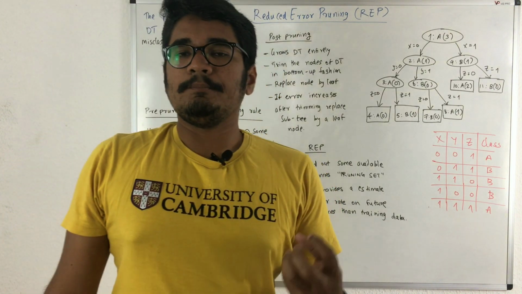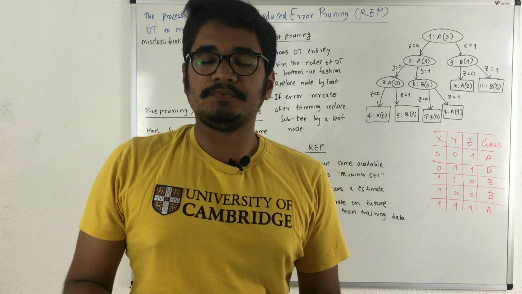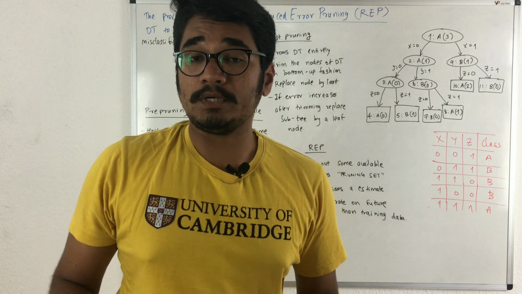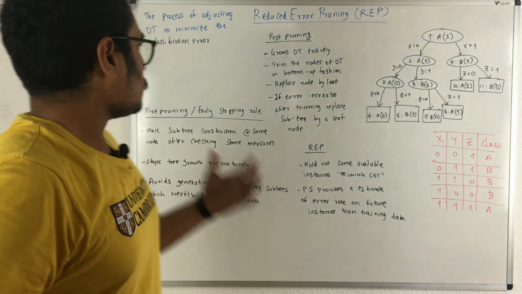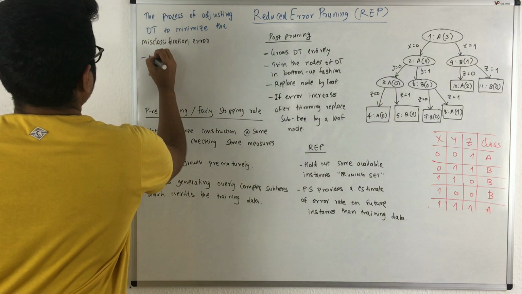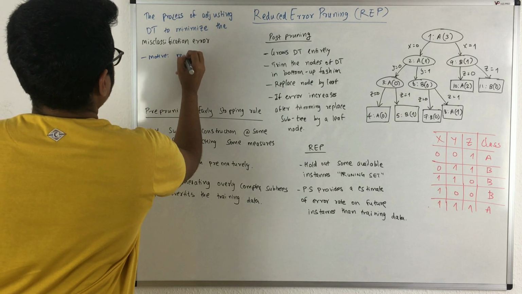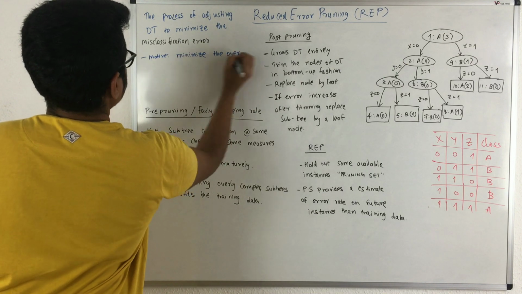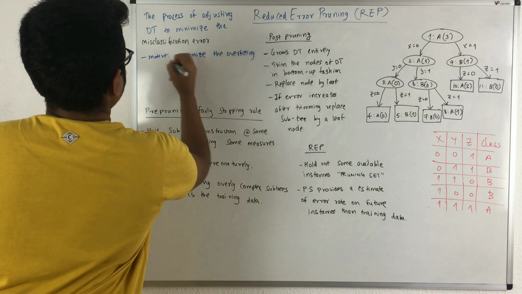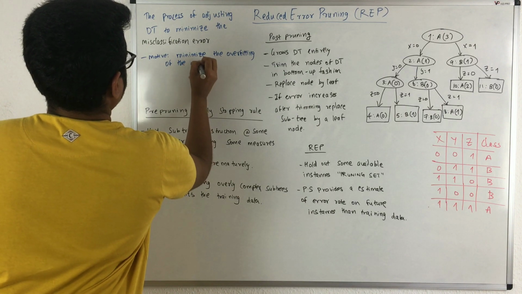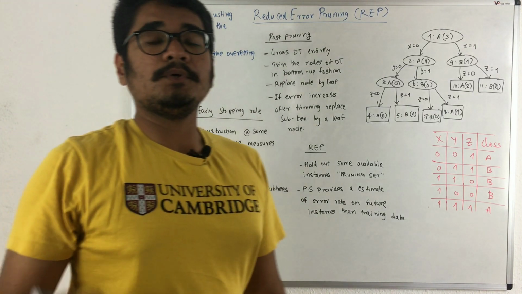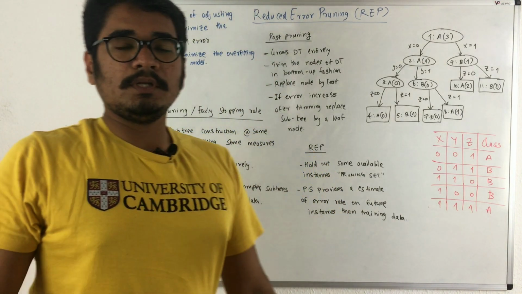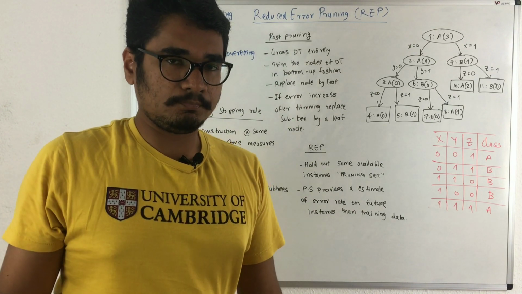That misclassification error needs to be lowered as much as possible. That is the main motive of any tree pruning algorithm. Here also our main motto is to minimize the overfitting of the model. So mainly to deal with the overfitting of the model, we have tree pruning, which comes into the picture. We essentially have two techniques in this and one variation of tree pruning.